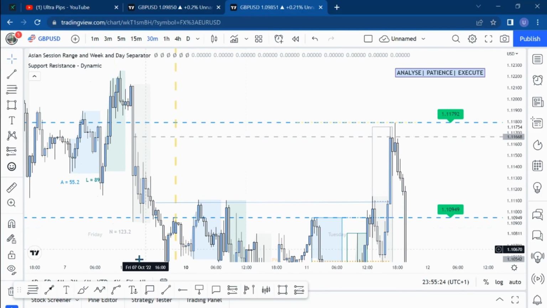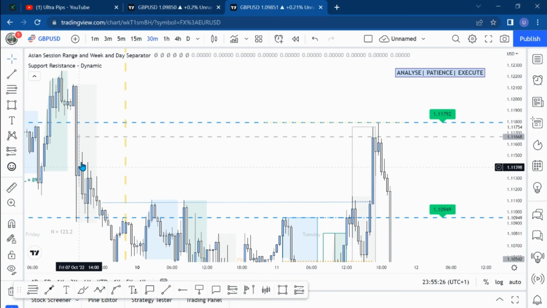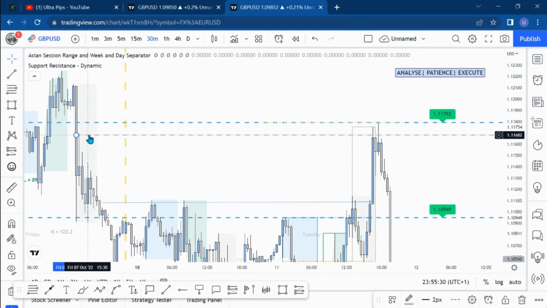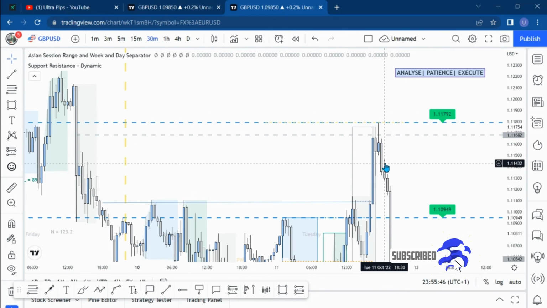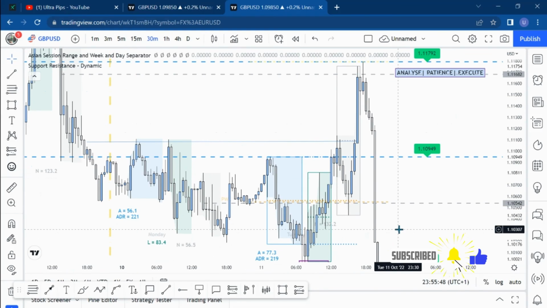But why did I mark out the zone? I mark out this zone using this week because it's a key zone for me, right? If you go to your 5 minutes, you get to understand, or if you go to my previous videos, you get to understand also why this is a key zone for me. So when price got to the resistance level, you can see the weak rejection, then it sold, took out